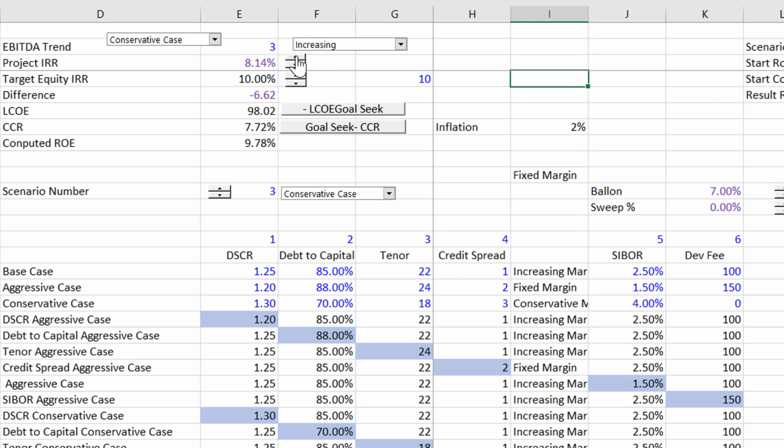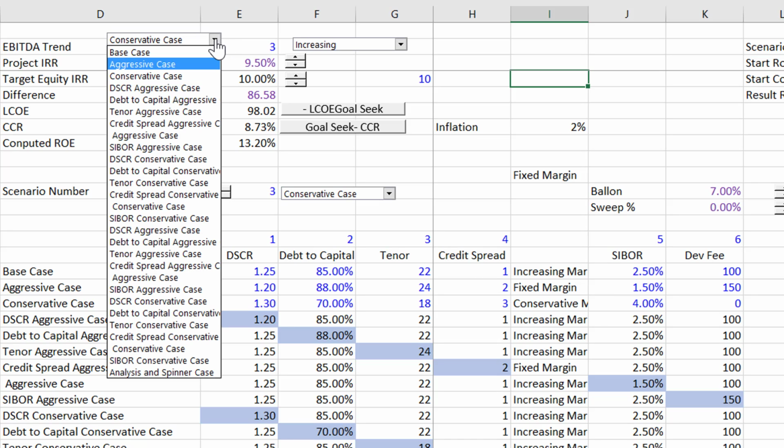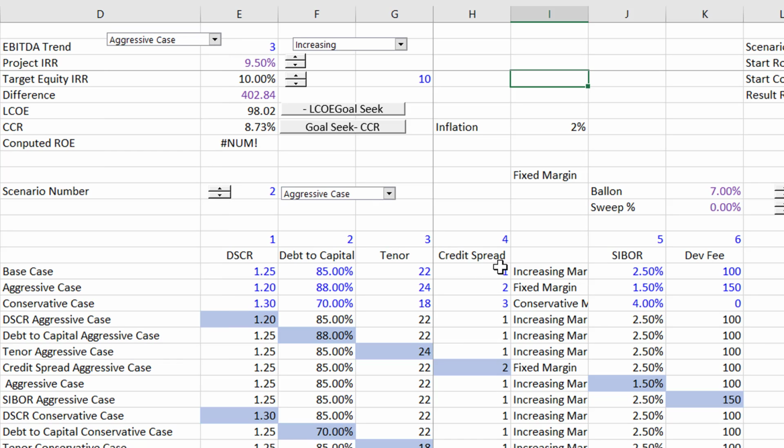1%, 100 basis points. Let's make the IRR a little bigger. I'm putting a higher project IRR in. Let's switch this to our aggressive case. Oh no, we got too much. I'm going to put a lower development fee in here. Let's put a 50 and